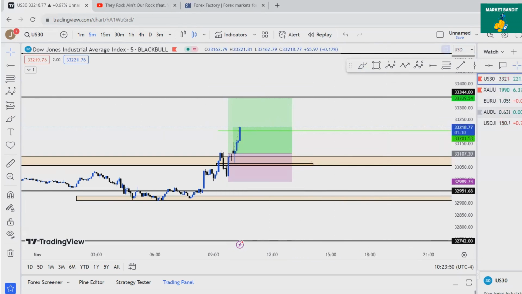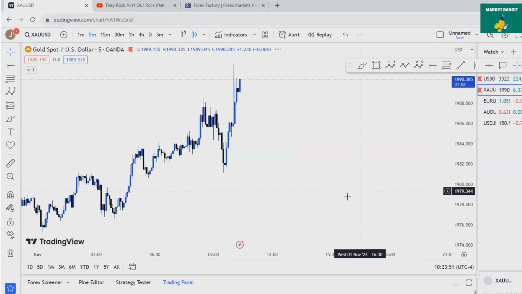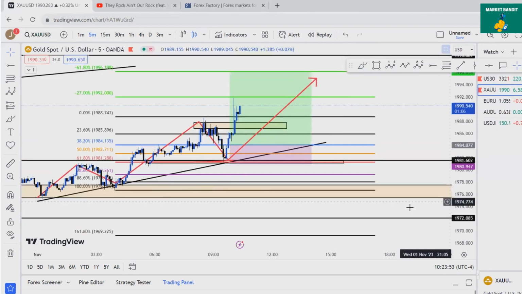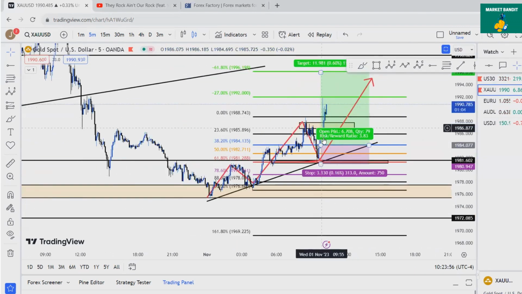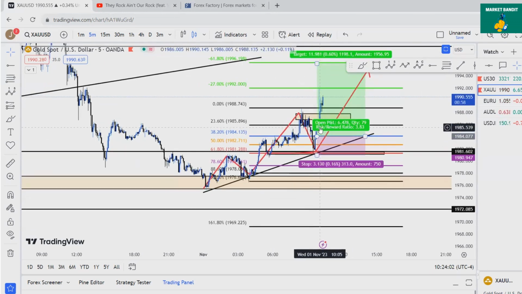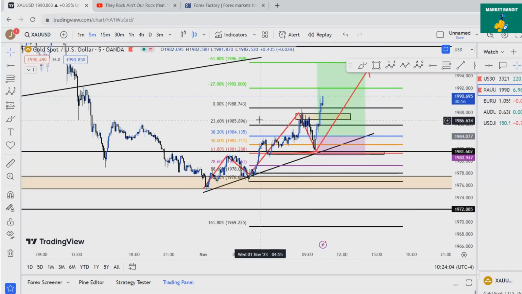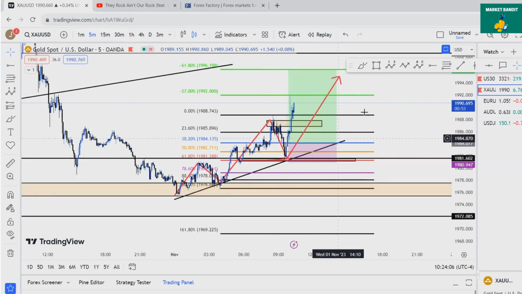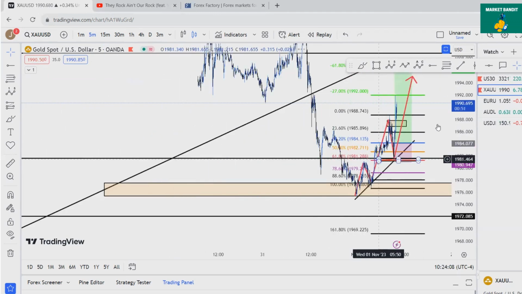So that's US 30. And US 30, you see, is pushing. It's looking beautiful. Now gold on the other hand is also pushing, looking beautiful. I'm still in this trade. Pulled back a little bit. Your boy took some re-entries because I know price is going to this negative 618. Let's go. I took entry from down here, so I'm still in massive profit. Let's go. So with gold, right?